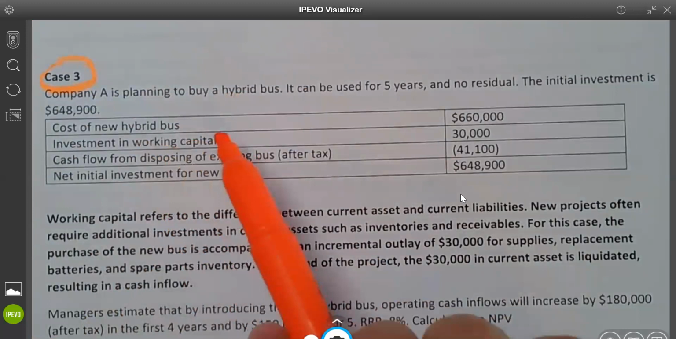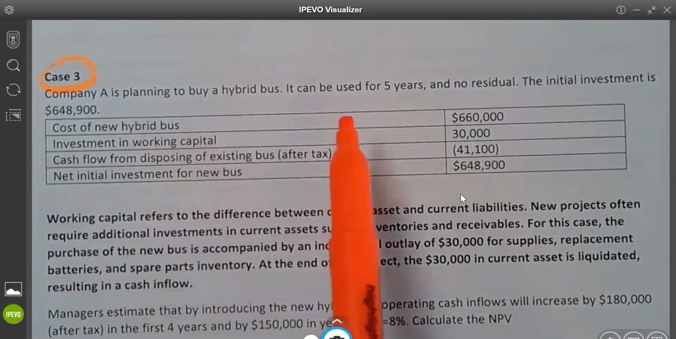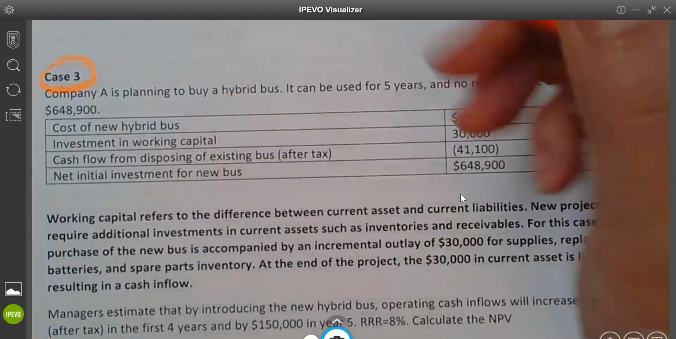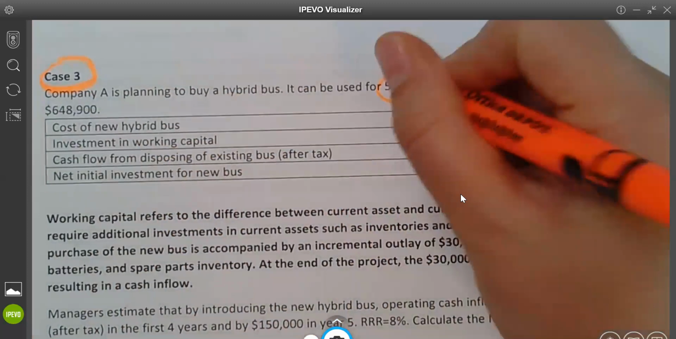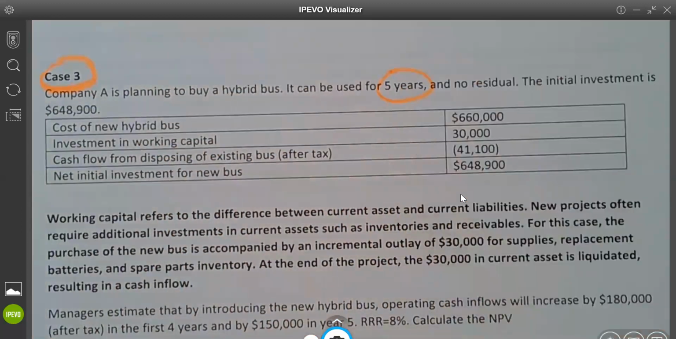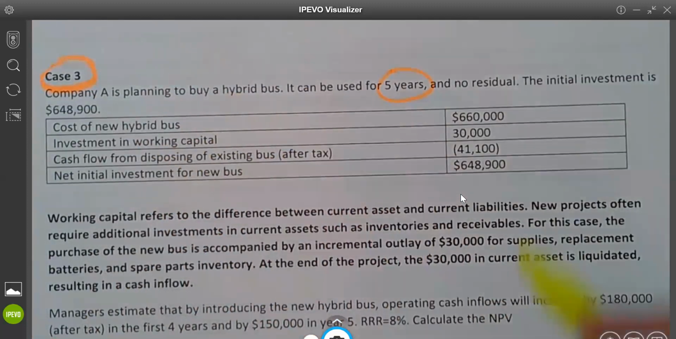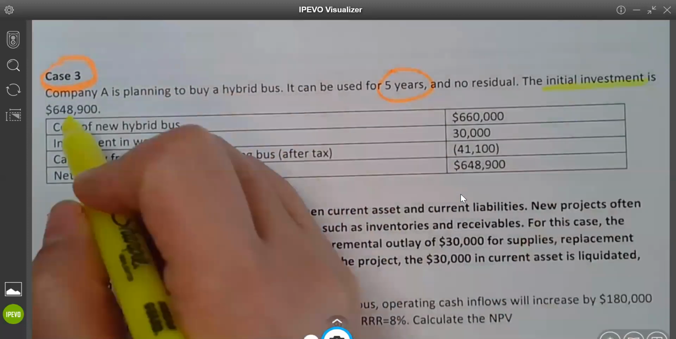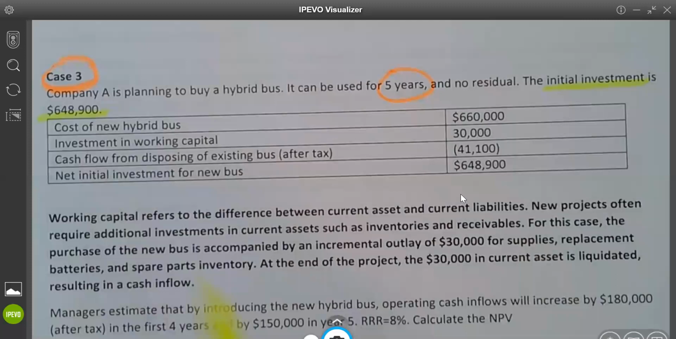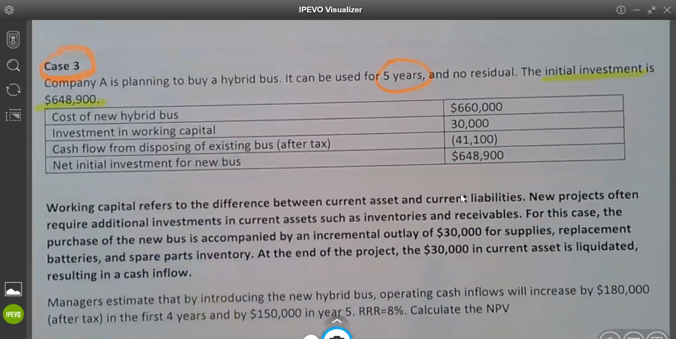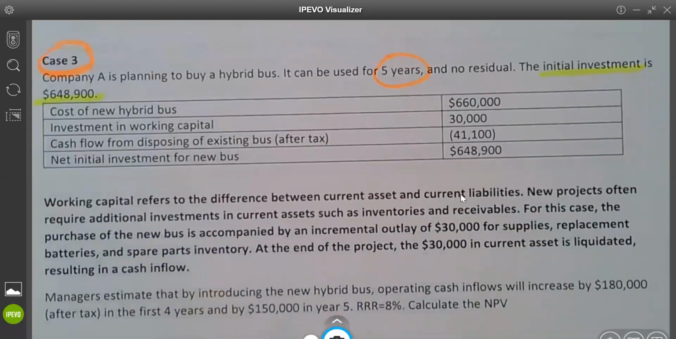But let's read the basic numbers from this case. Company A is thinking about buying a hybrid bus. It can be used for 5 years, right? So you buy it now, you can use it for 5 years. No residual value. Initial investment. Okay, keyword, initial investment. We will talk more later, but for now, you just need to know initial investment is basically the money that you will invest at t equals 0, now, right? You will invest